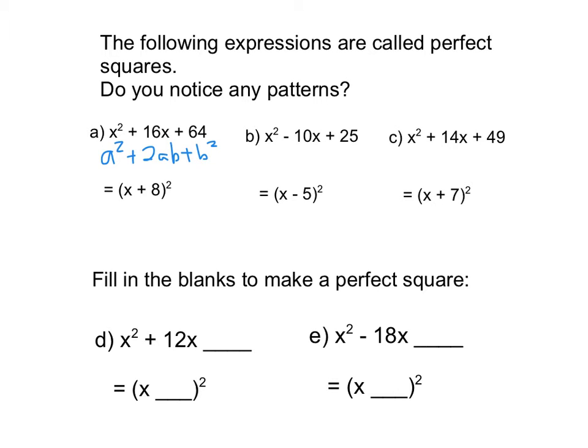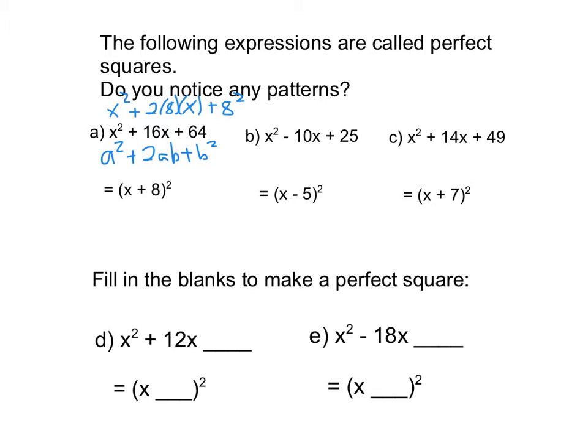Okay, so if we look at the one above here, you'd have x squared plus 2 times 8 times x plus 8 squared. Okay, and then when you factor it, it would just be (x plus 8) squared. So if you notice the next one,